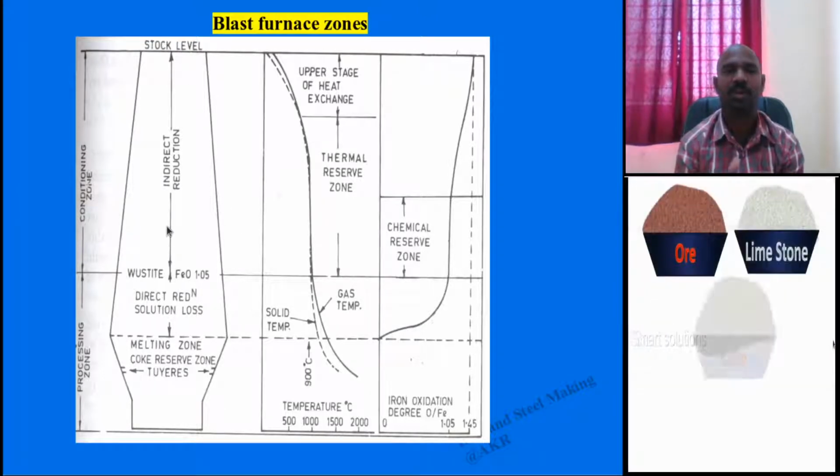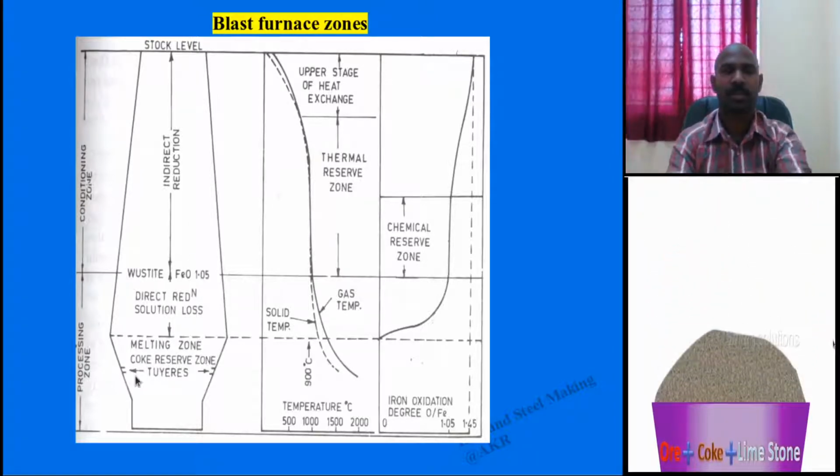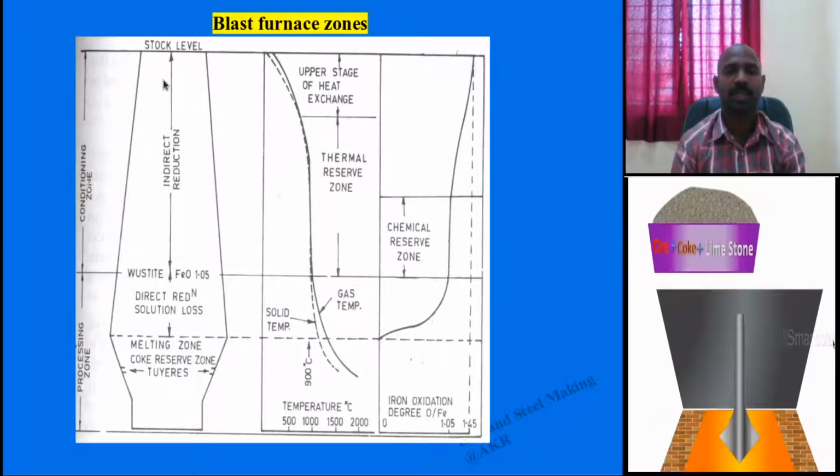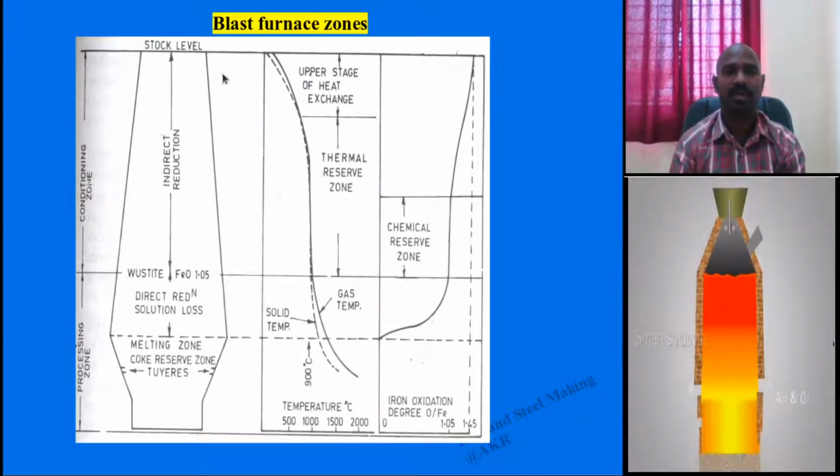This stack zone can also be divided into an upper stage of heat exchange. Mainly the gases coming from the bottom, CO and CO2 gases, go out. It is an open top, and at very low temperature, because of the refractories and the gases going out in the solid state, the heat exchanges at lower temperature, and below this is the thermal energy reserve. Higher temperature, around 1200 degrees Celsius, it slowly swells and descends. That is why thermal energy is very important. And direct reduction reactions, chemical reserve zone.